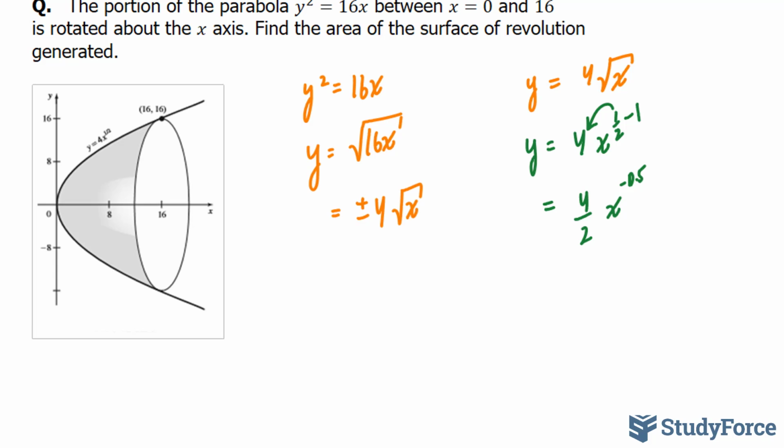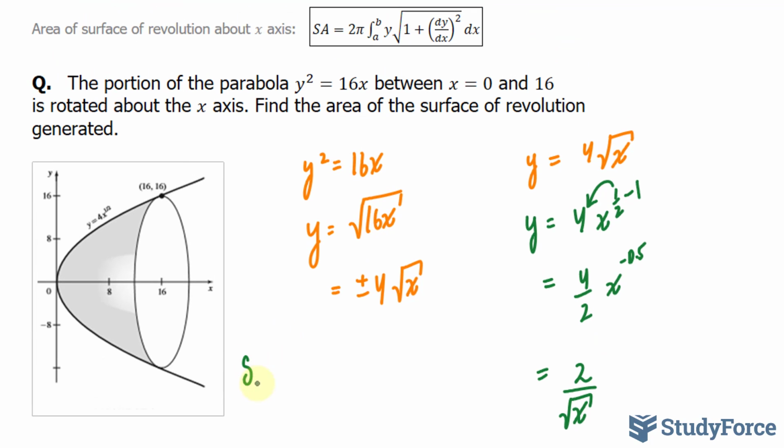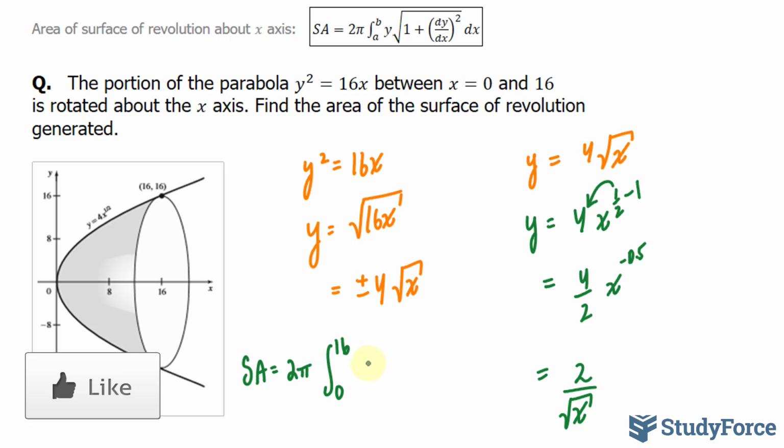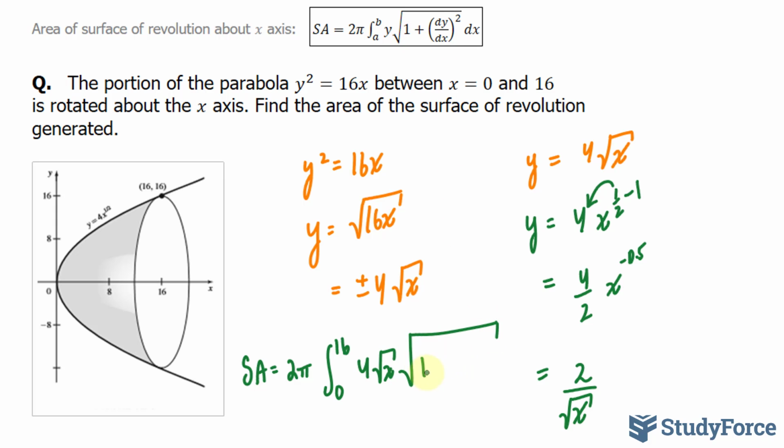X to the power of negative half is the same thing as 1 over the square root of x. So let's write that in. Remember, 4 over 2 is 2, so 2 over the square root of x. Now we have everything we need to substitute it into that formula. That formula again was surface area is equal to 2 pi times the integral between 0 and 16 for the function y, 4 times the square root of x, times the square root of 1 plus the derivative squared